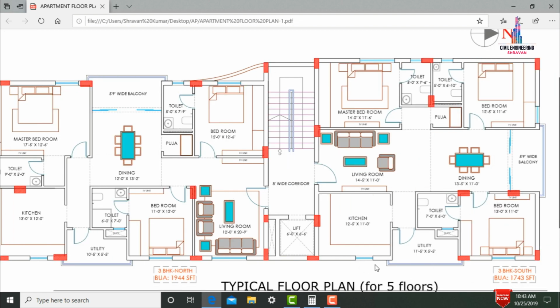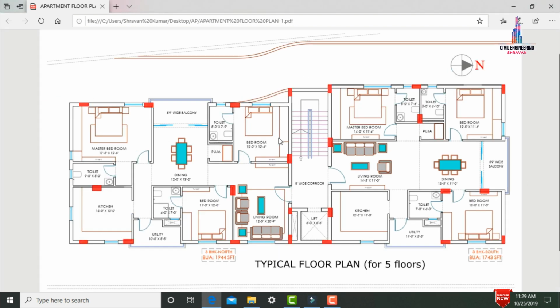Now I will explain the details about the windows as well as ventilations in the right hand side section portion. In east facing direction it will consist of 2 windows here. Along with these 2 windows it will consist of 1 ventilation. In north facing direction it will consist of 1 window for this house. In west facing direction it will consist of 1 window as well as 2 ventilations for the wash areas. Totally it will consist of 4 windows for this right hand side section portion, and along with these 4 windows it will consist of 3 ventilations for this house.